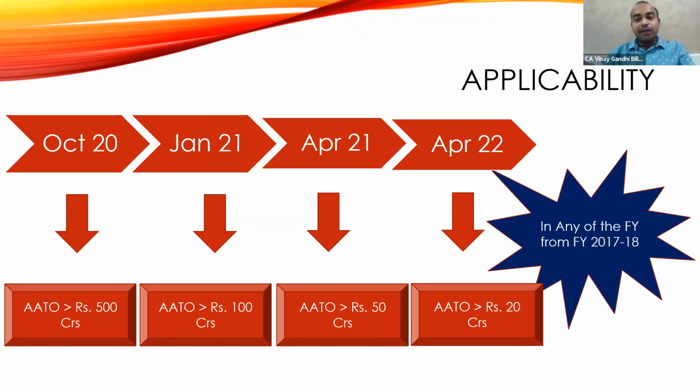Means if it is more than 20 crores, again it will check my GST turnover from the GST portal, and if my turnover in any financial year exceeds 20 crores, it will automatically activate my e-invoice also. As I said, voluntary is not allowed. So that's the reason why this also has to be checked. And the registration again is separate.